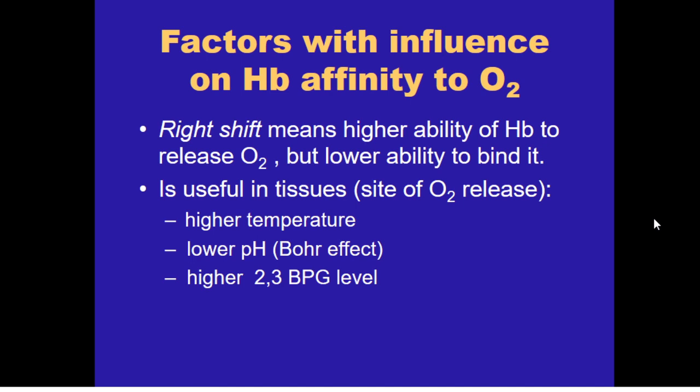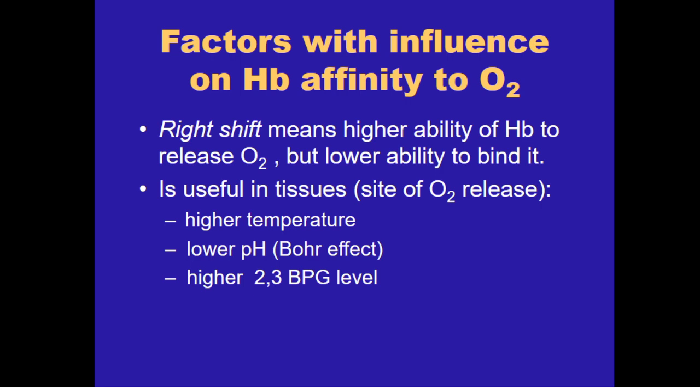So let's write now factors which influence the affinity of hemoglobin to oxygen. Here I'm explaining that a right shift means a high ability to release, but a low ability to bind. So this process, release and binding, is also a reversible process. And